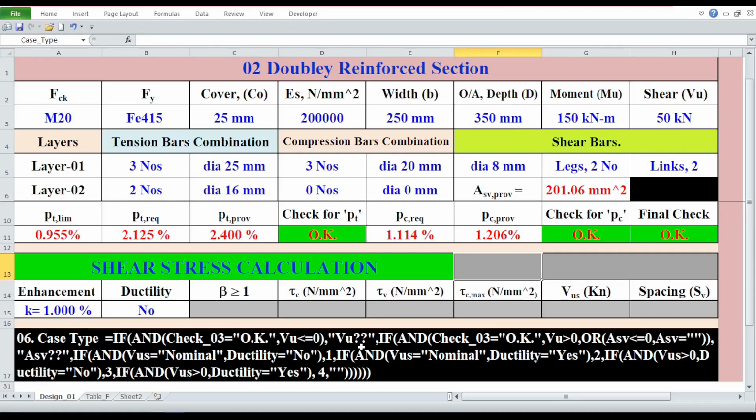with double note of interrogation, comma, IF, open parenthesis, N, open parenthesis, check_03 equals OK, comma, VU greater than 0, comma, OR, open parenthesis, ASV less than or equals 0, comma, ASV equals blank quotation, close parenthesis for OR function, close parenthesis for AND function, comma, within quotation, ASV,